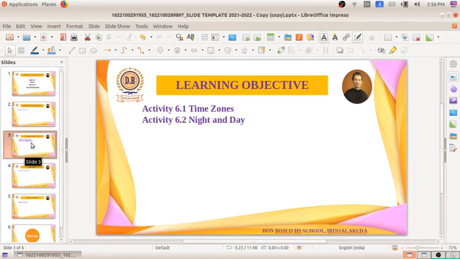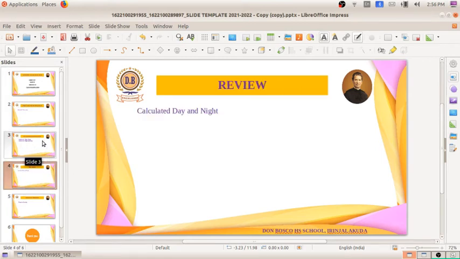So what all things have we discussed today? We observed one change in the activity 6.1 time zones. There we found one more difference. With respect to 0 degree, when we are moving to the west, you can see the time is reducing when we compare it with the Greenwich time, and when we are moving to the east, the time gets increased.